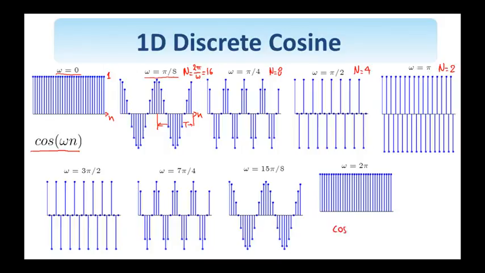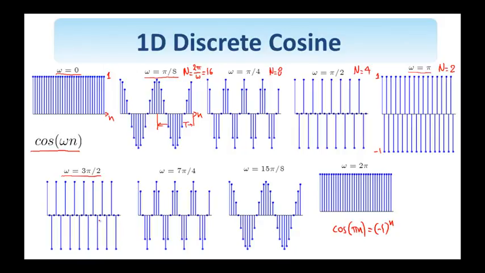And as a matter of fact, cosine pi n equals (-1)^n. So the values of the signal keep alternating. It switches from 1 to -1 and back to 1 and so on. So this is the highest possible variation of the signal. Now, as the frequency keeps increasing from omega equals pi to 2 pi, right, we see that the frequency of